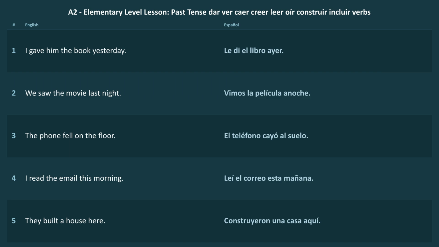Keep listening for these forms when you watch shows, hear stories, or read simple texts. The more often your ear catches di, vi, cayó, leyó, oyó, the more natural they'll feel. You're doing well. Seriously, these past tense forms can look slippery at first, but now you've got a map, a few memory tricks, and a growing instinct for the pattern. Keep going, and next time these verbs show up, you won't just recognize them,